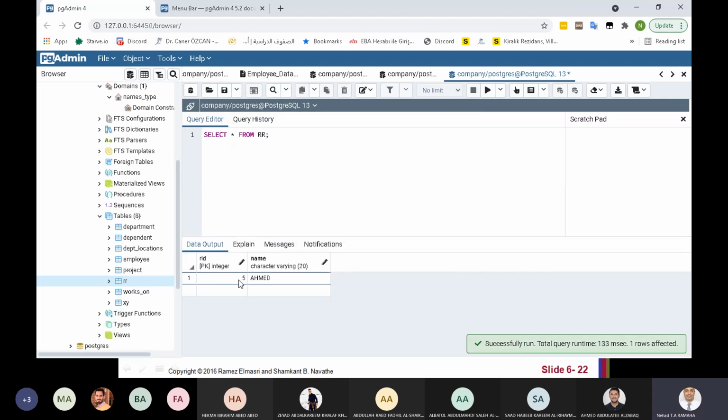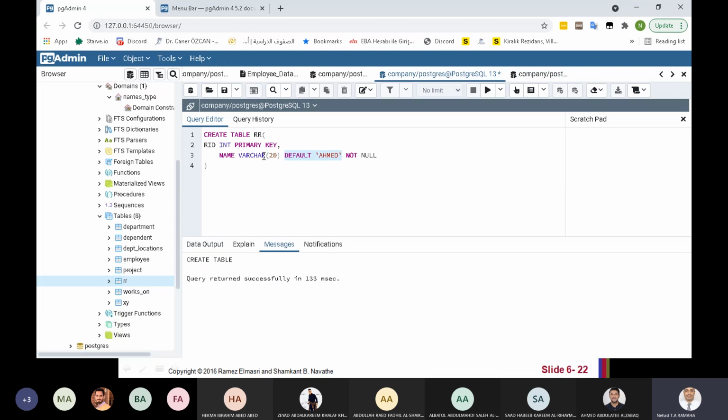Okay, then you see the data. The RID 5 and name Ahmed. Where did it take it from? From this one, the default value.